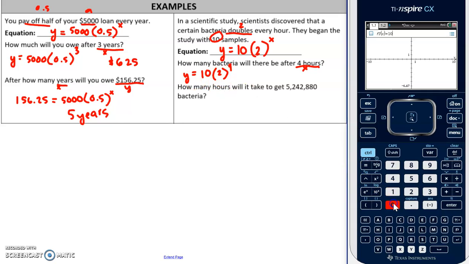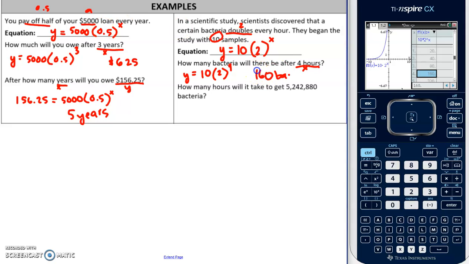So I have 10, but I'm going to graph the original, so 2, and then up arrow to the X power. I hit enter. Okay, I see my graph. Let's Control T to get the table. And I want 4 hours, so I look in my X column for 4, takes me to 160. So I'm saying that there should be 160 bacteria,